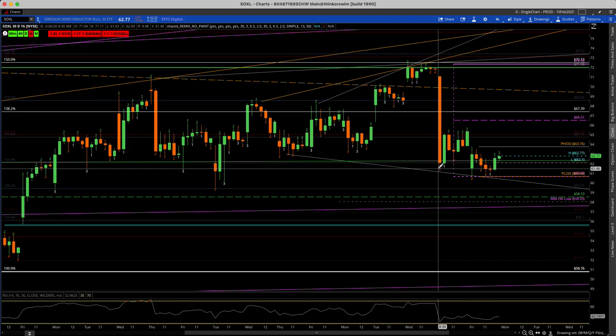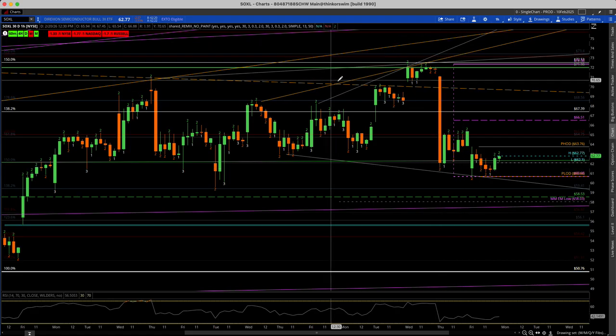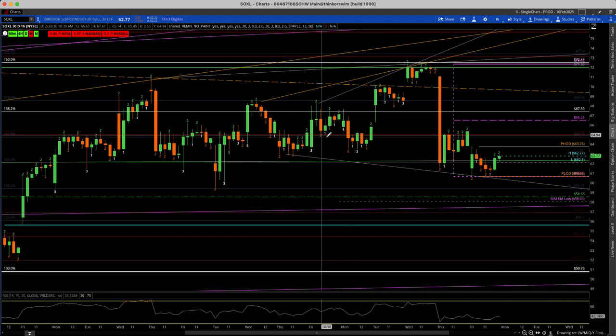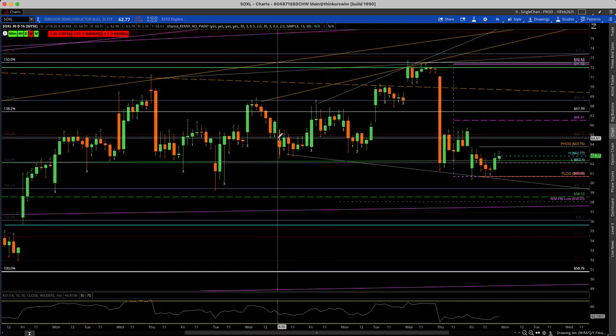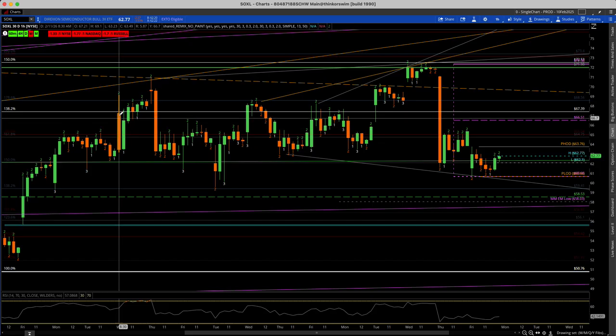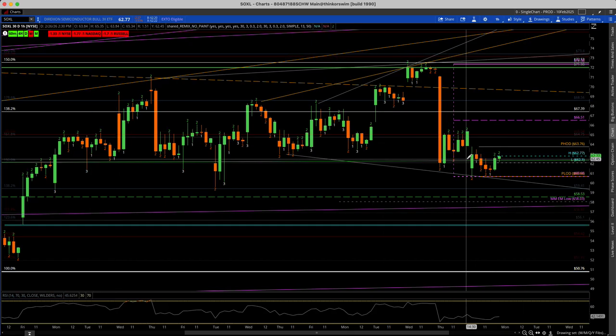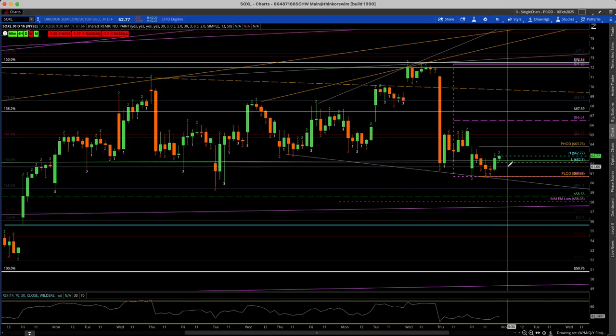The drops are usually faster than the pushes to the upside. You can see that big drop here. Decent sized drop here in comparison to this price action, right? Pretty fast drop there. So we got that fast drop, and back to the bottom of the range, and you can